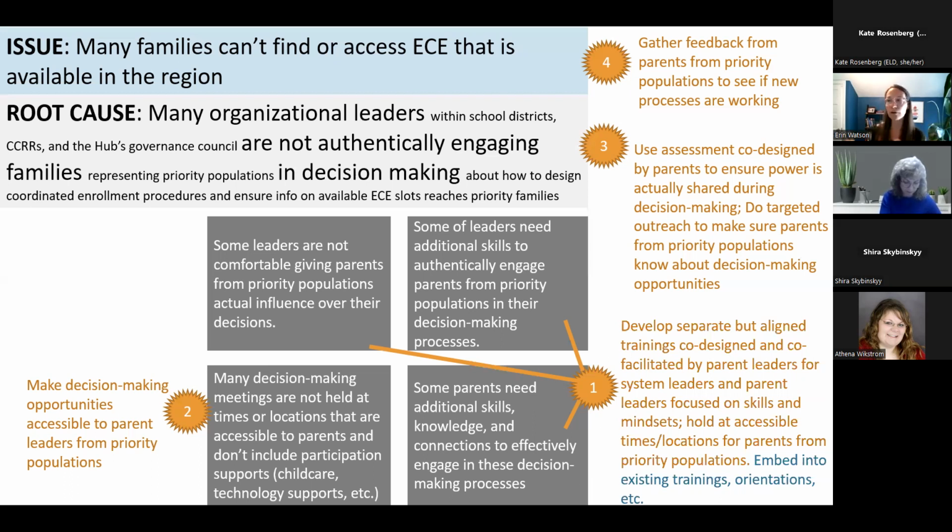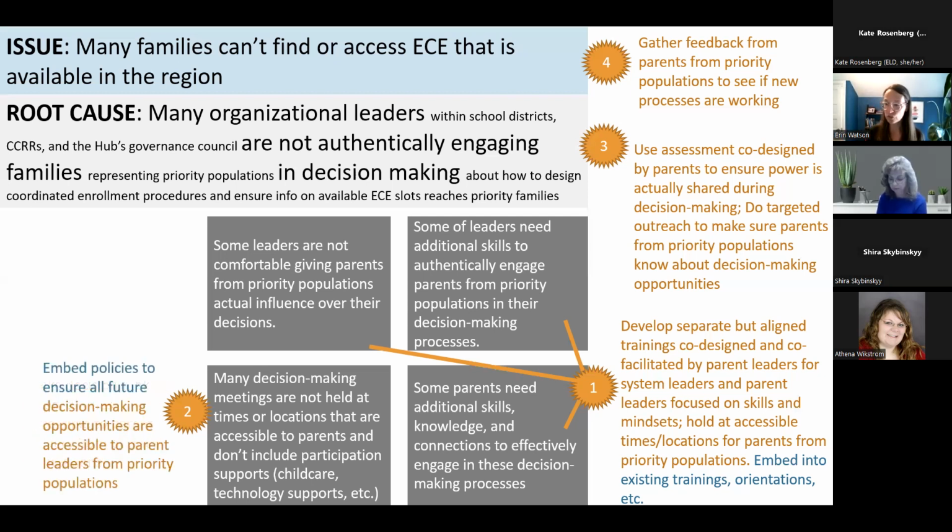Or how can you partner with other entities that are already putting out some professional development or training on an annual or continual basis? How do you insert these skills, this content, into those trainings? In your hub, how do you insert some of this into the orientation that any new hub partner gets, or into annual professional development that you automatically put on? Like you're baking it in so that it keeps going.